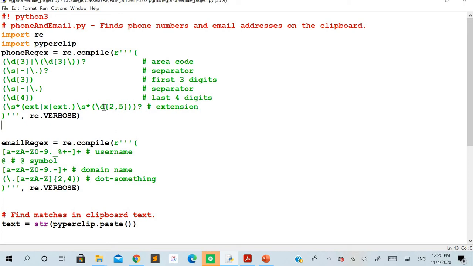So the digits may occur as 2 digits, 3 digits, 4 digits or 5 digits. All together it may appear one or more times. This kind of pattern will be searched as a phone number from the copied text.